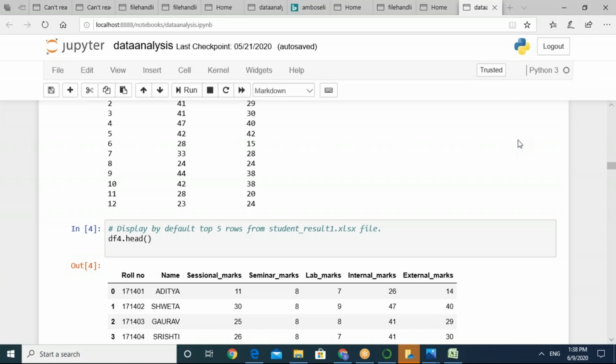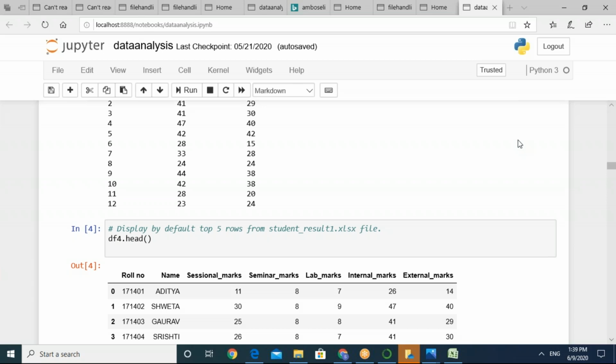After that, you can use the head and tail methods on the file which you have just read into your variable df4. In this, we are using df4.head. Head always extracts the default top 5 rows.